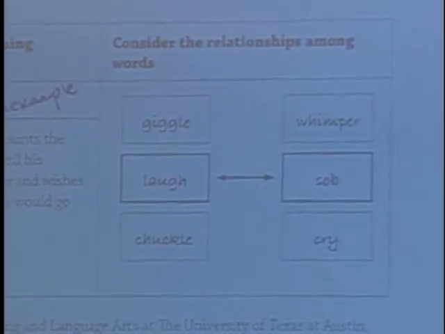So we'll pull these activities out of Bringing Words to Life, Robust Vocabulary Instruction by Isabel Beck. And you can use that to provide your students with multiple opportunities to interact with and develop understanding of the words that you've chosen to teach, or to explicitly teach, which means to...